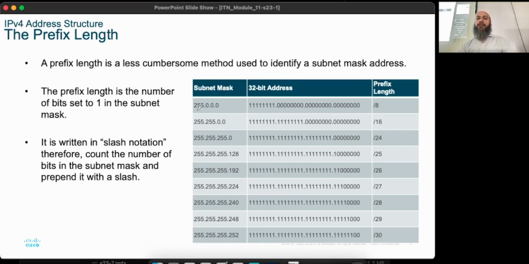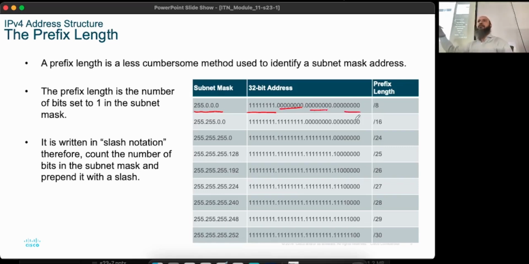You can use the subnet mask. For example, you have the example of 255.0.0.0. If you write it in binary, it's going to be 11111111. So these 8 bits, all ones, come to 255. If you don't believe me, you can go do the conversion. 8 bits, 8 bits, 8 bits, 8 bits, right? 8 fours are 32. You've done this calculation before. If you have 8 bits, all ones, in decimal it is 255. If you want to convert it, you can, but I encourage you to do it at least once, like convert 255 into binary or convert these ones to decimal so that you actually believe that this is 255, but it is 255.